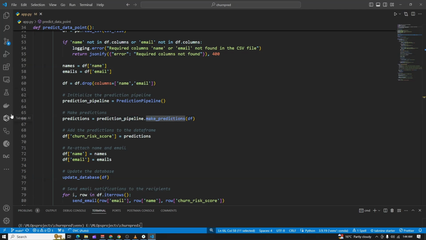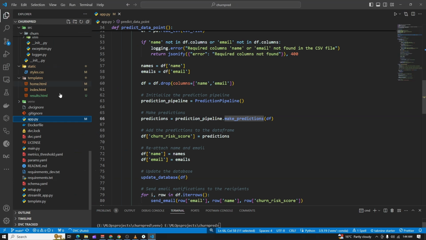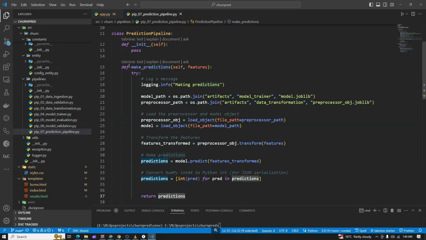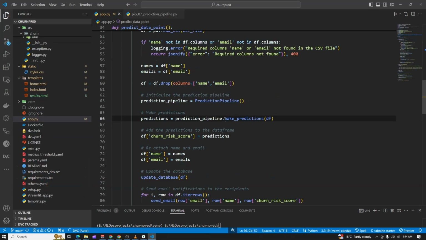I do think when we look at our prediction pipeline, let's go to our prediction pipeline. We had this function here, make prediction. This function is the one that we do need to use when making those predictions, because as you can see, we first load the preprocessor object to preprocess the data. Then after that, we load the model to make the prediction. So this function, make predictions, is the one that we need to include in this step,